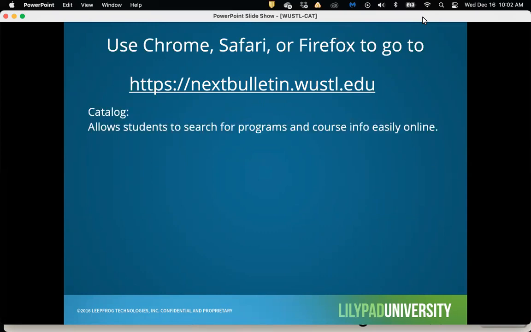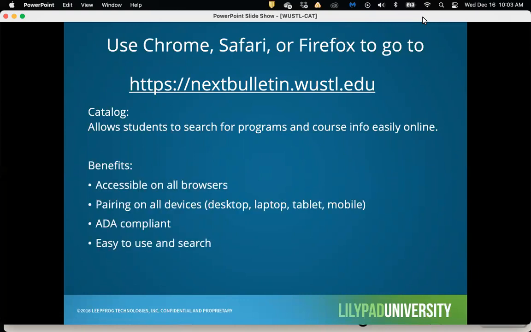And just as kind of context, this product was really developed as something that's benefiting students, so they can search for programs and courses online a little bit more easily. And also it is accessible on all browsers, all different types of devices, and it is ADA compliant.